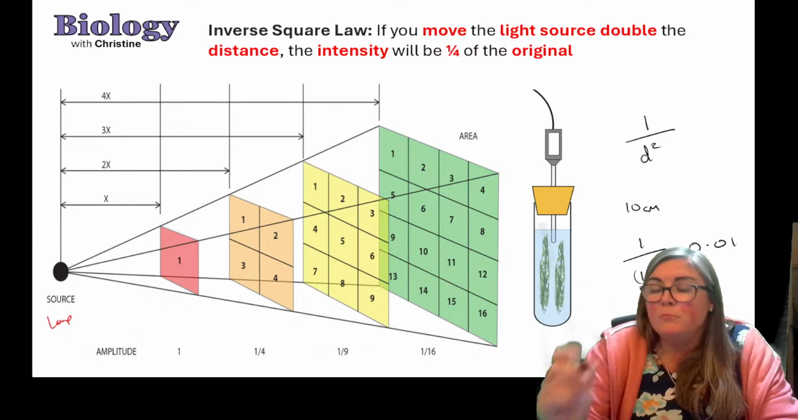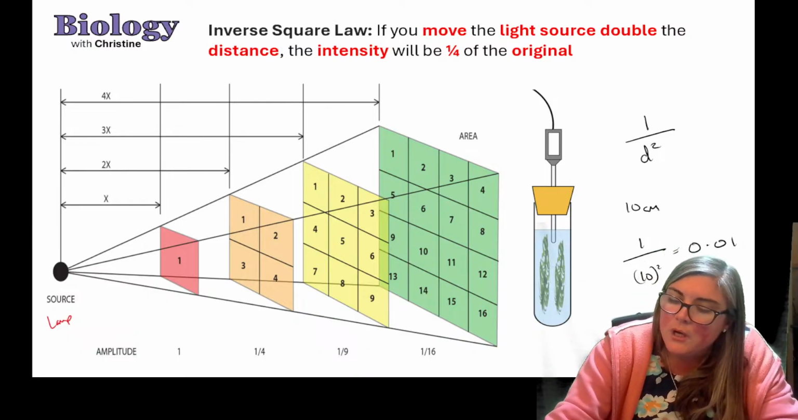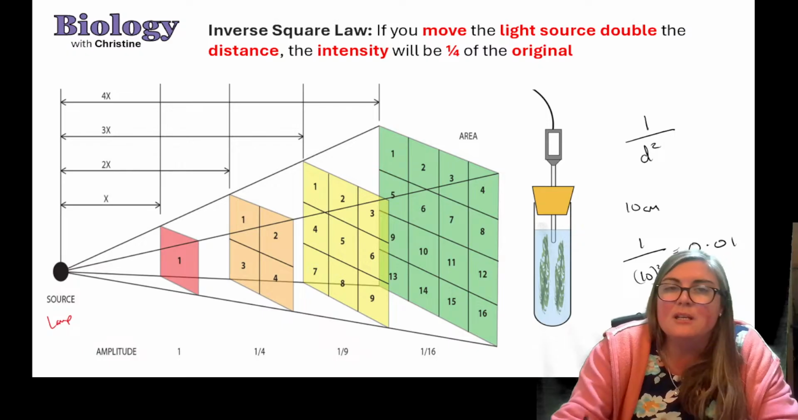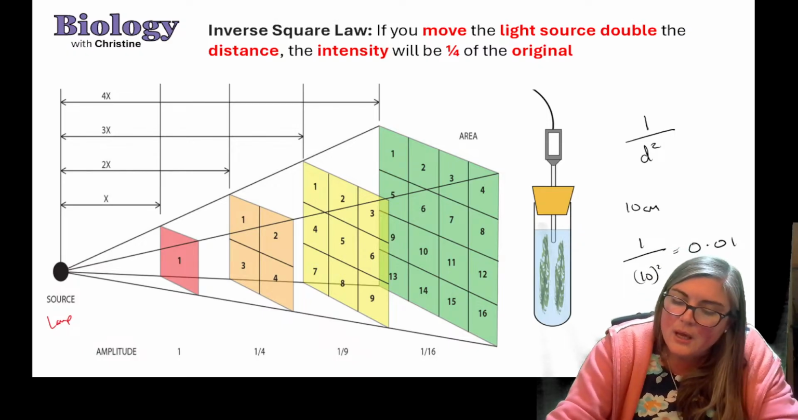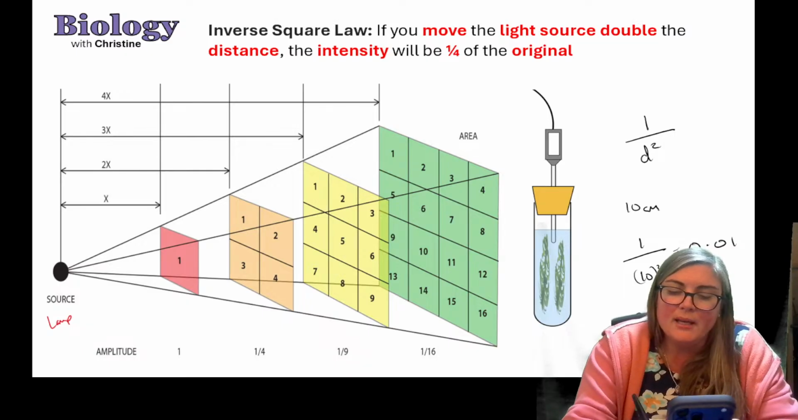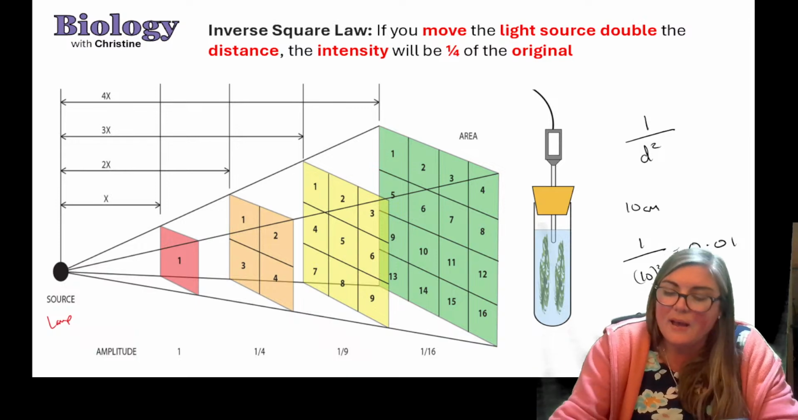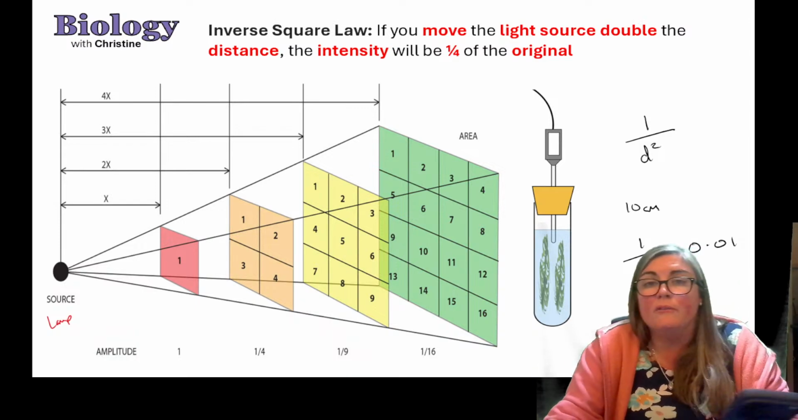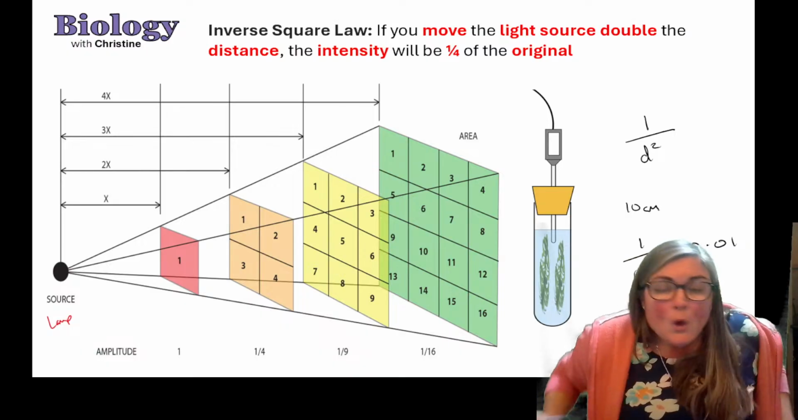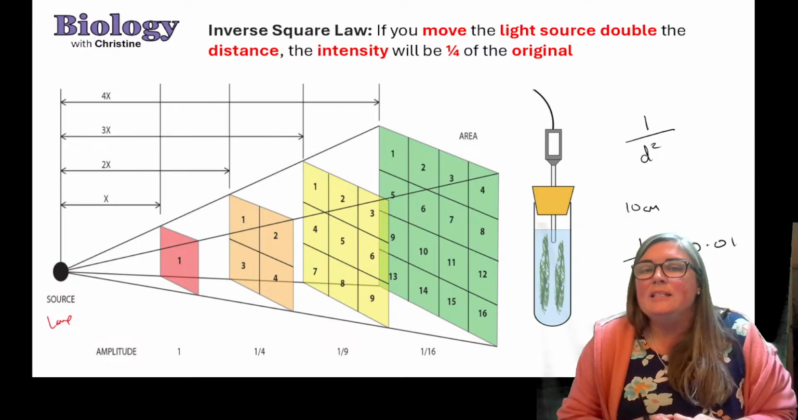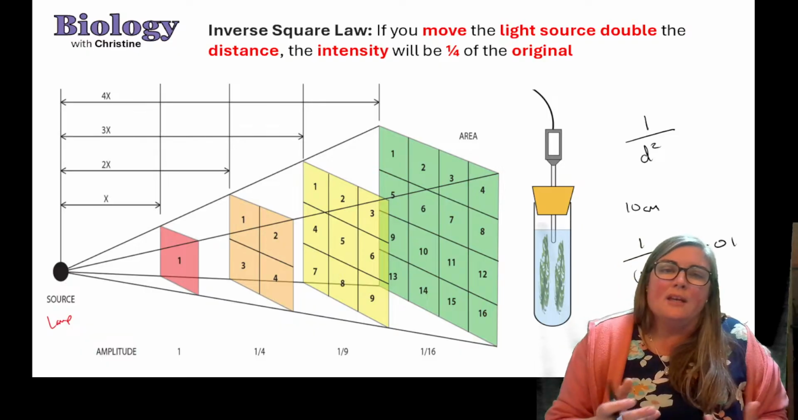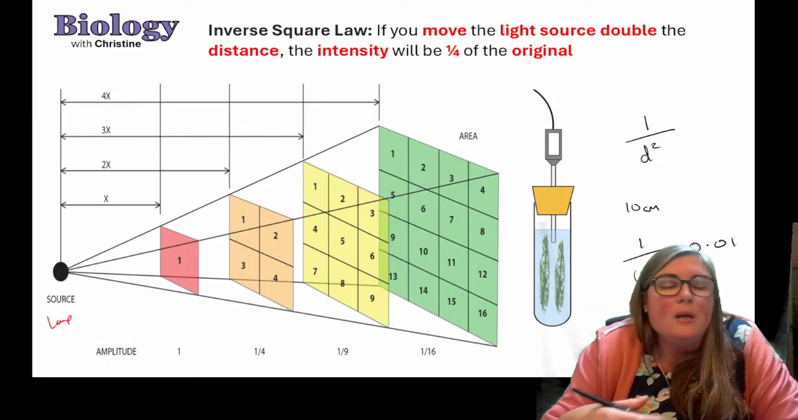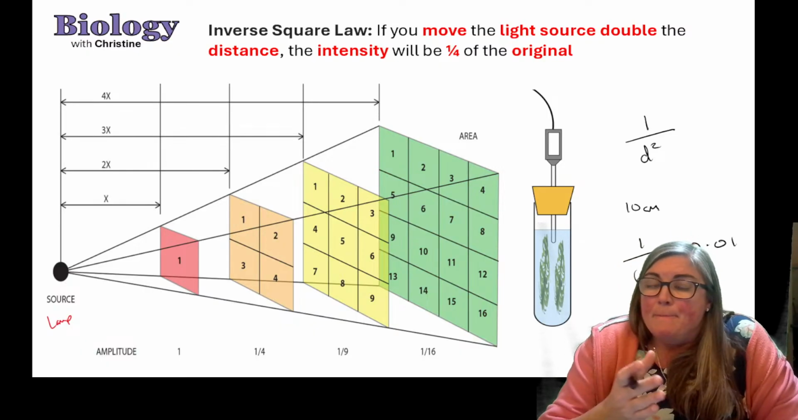Now, if I were to move my plant to 20 centimeters, what have I got? Well, now I need to do 1 over 20 squared, and that would therefore equal 0.0025. Now, what's really interesting is if we were going to look at this, normally when we're talking about our